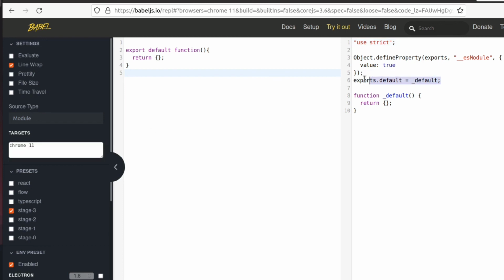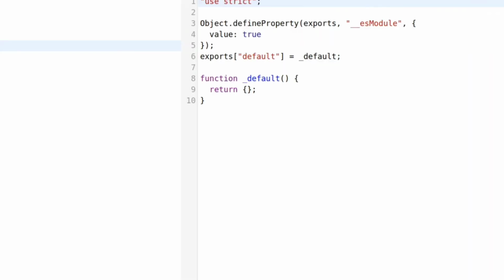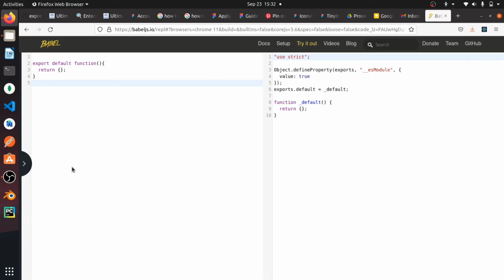If we notice closely on the sixth line, let me zoom in, we can see a minor toggle between the assign. So this is how we can run our code in any environment.